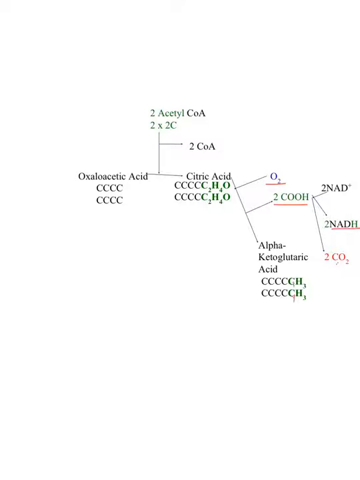Now remember, if we want to get rid of carbons, we have to get rid of them as a carboxyl. But we don't have any free oxygen now to bind with the carbon. So we're going to have to put some more oxygen into this. How much? Well, shoot, we're going to need 4 oxygen atoms to make CO2 here. So if we input the oxygen, we can now strip off 2 of these carboxyls,